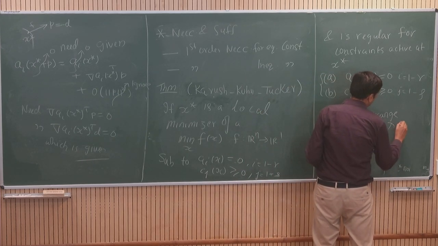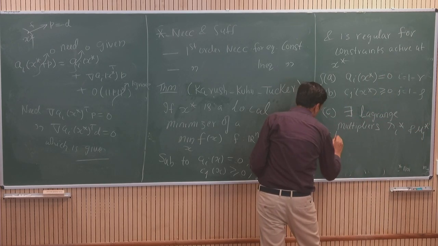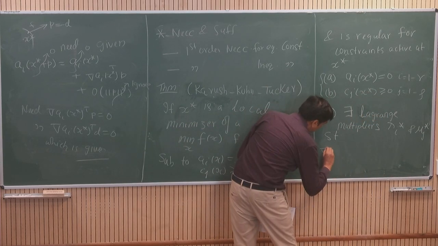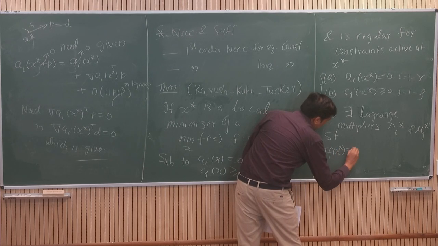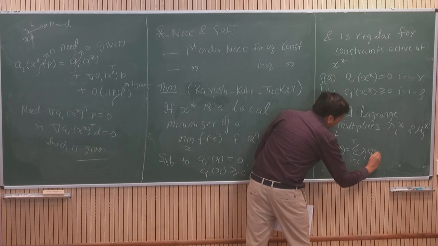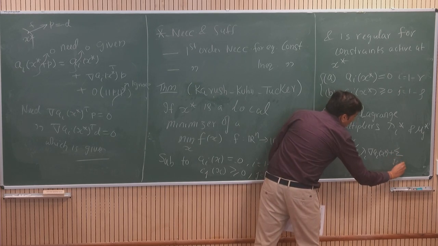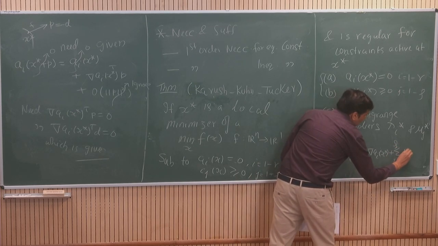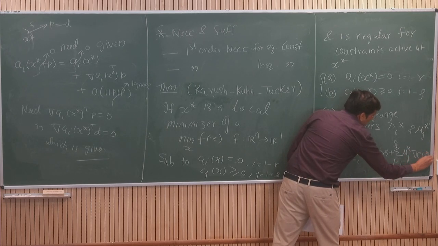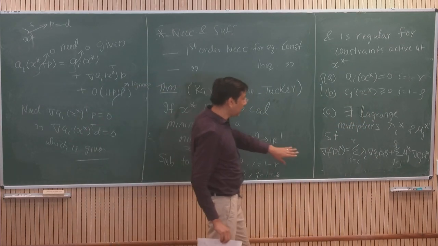We call them two types, lambda i star and mu j star, such that, this lower part is readable to you, the gradient of f at x star is equal to the summation of the equality constraint gradients and the summation of j going from 1 through s of mu j star times the gradient of cj at x star. So what did we have in the earlier case? We only had